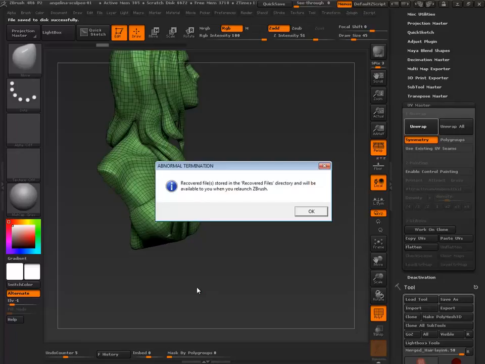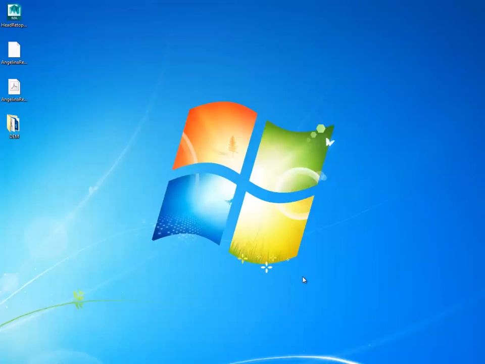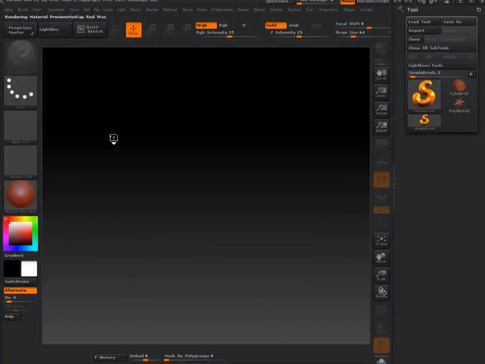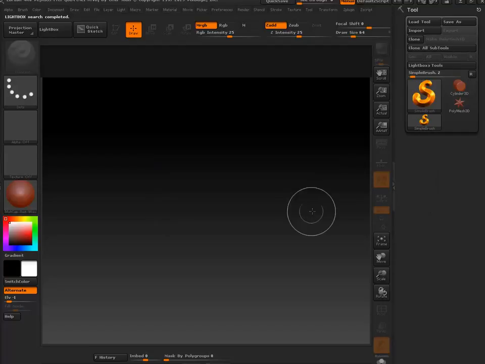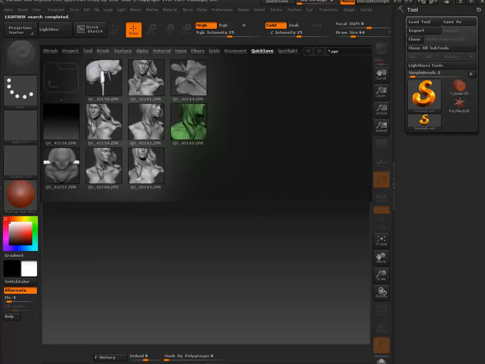Give it a second to do its work, or to crash ZBrush, as the case may be. Okay, so restarting ZBrush. Hmm, 161, 163.